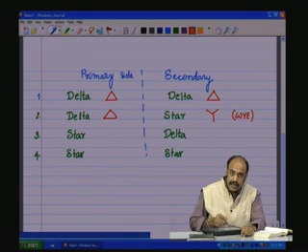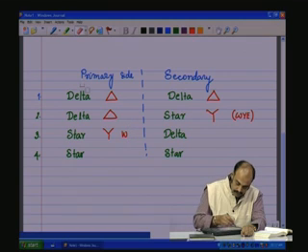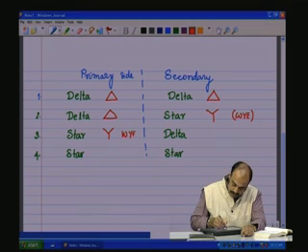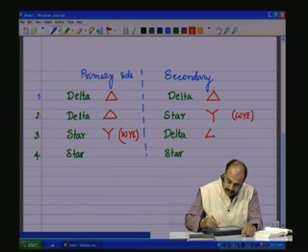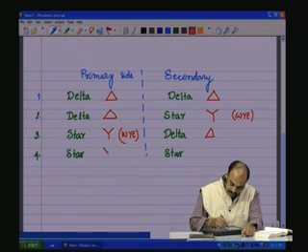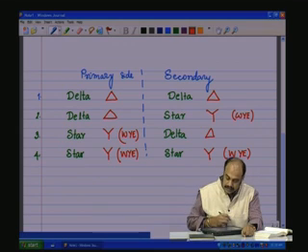So, this is called a delta star connection, and we have a star or Y topology possibility on the primary side and a delta connection on the secondary side, and that is called a star delta connection. And of course, finally, we have a star connection on the primary side and also a star connection on the secondary side, resulting in a star star connection or a Y Y connection.